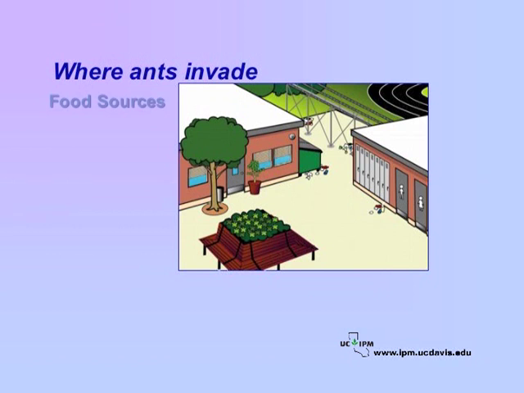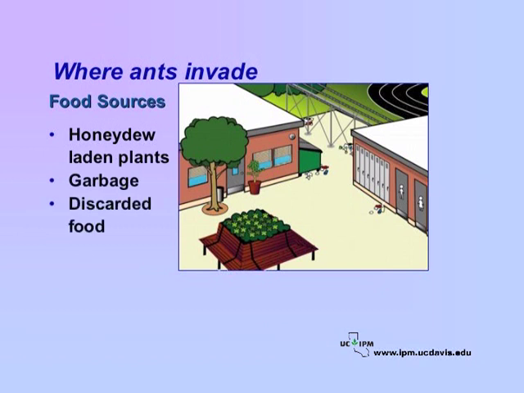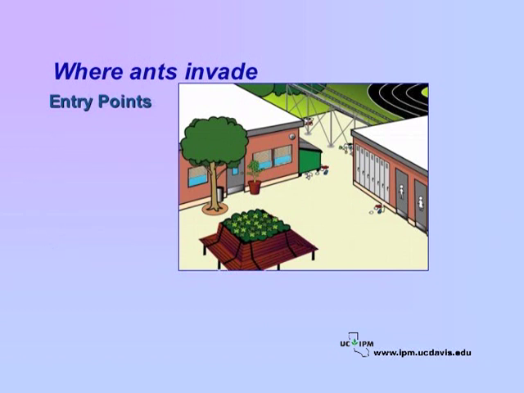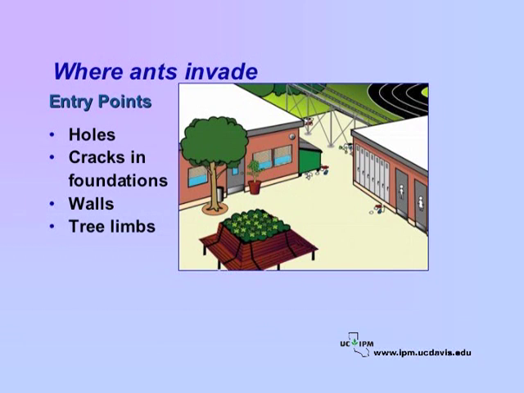You can find ants wherever there is an attractive food source. Ants flock to honeydew-laden plants, garbage or other discarded food, and areas of moisture near buildings. Look for entry points to buildings such as holes or cracks in foundations, and walls or tree limbs and plant